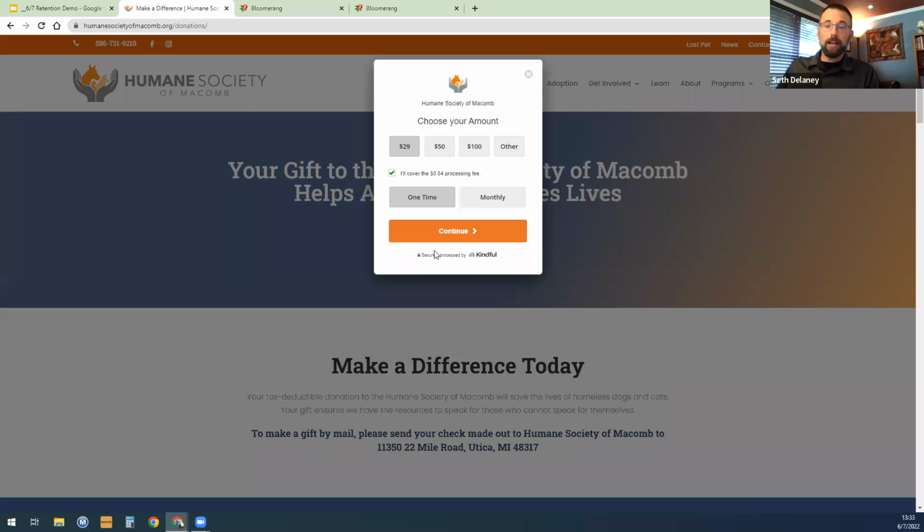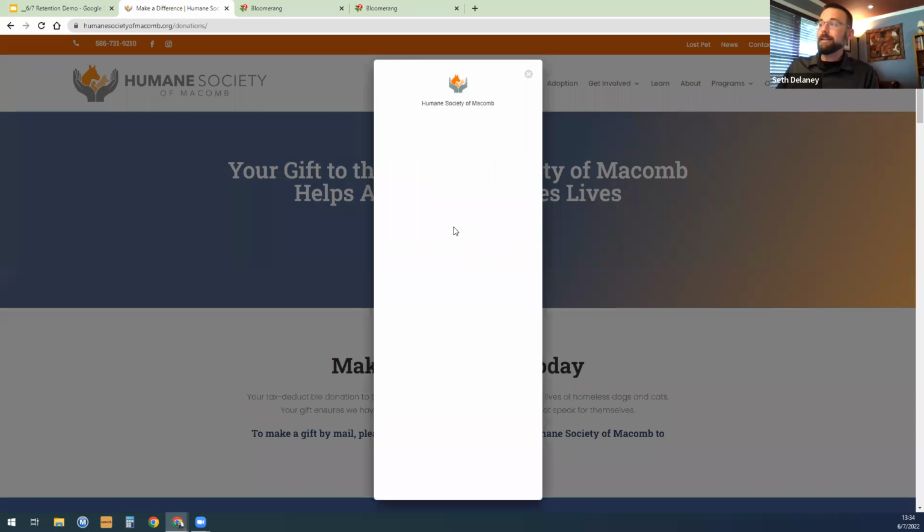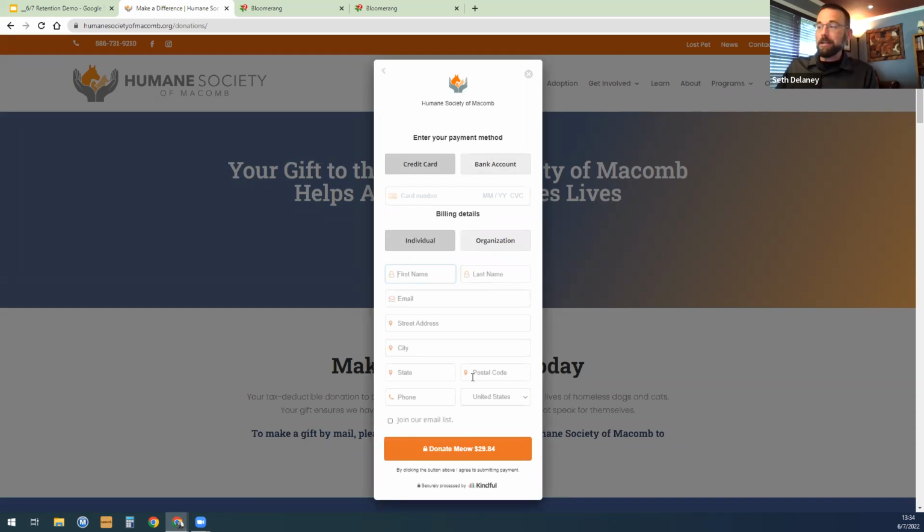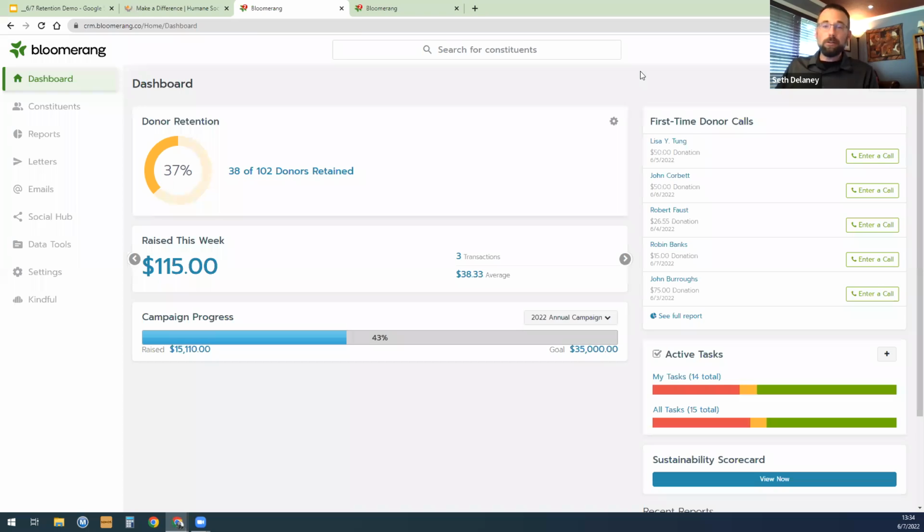And then I've got a really simple process. So I've got one click to open the form. I select the specific amount that I'd like to give. And then I can plug in my information. I hit donate and I'm done. So literally a 3-click process from the time that I visited their website to submitting my donation to the organization. Then the next step is it's going to come into the Bloomerang database automatically. There's no extra steps or processing fees, or rather processing steps, that I have to go through to get that